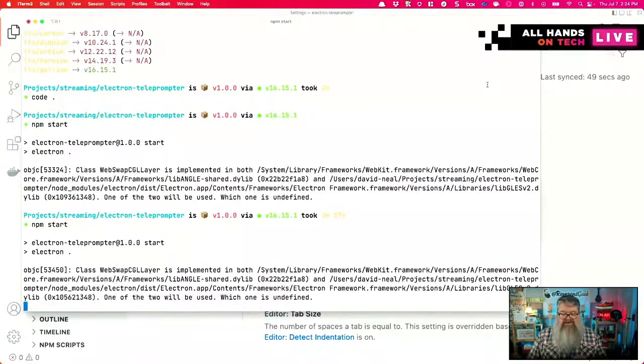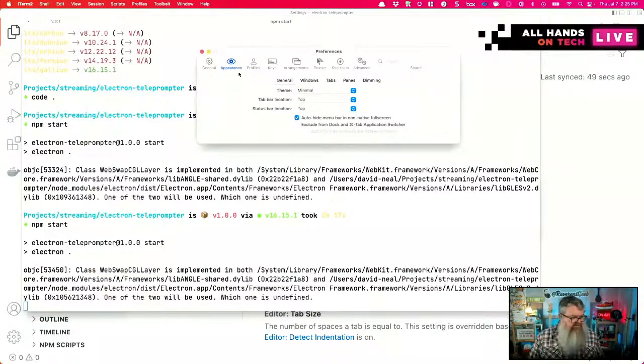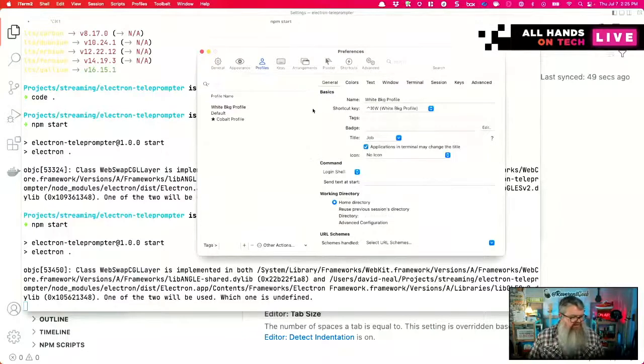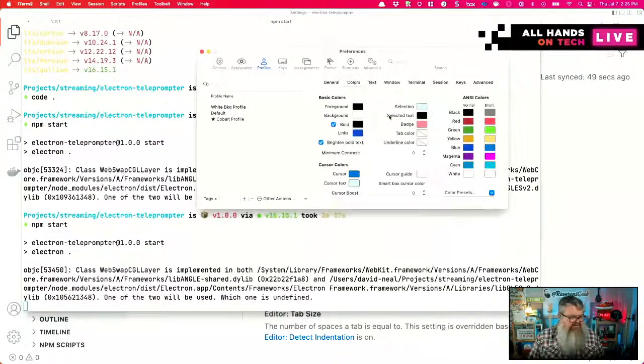While we're talking about fonts and themes and things like that, if you're interested, I use iTerm. Of course, I'm running on a Mac right now. I have Windows PCs and I've worked on Windows for a lot of my career, so I'm very comfortable there too. But on the Mac, I use iTerm 2. And the theme that I am using, let's see if I can find that. I've created a white background profile that also uses